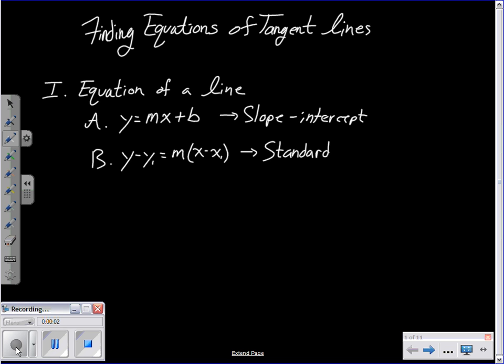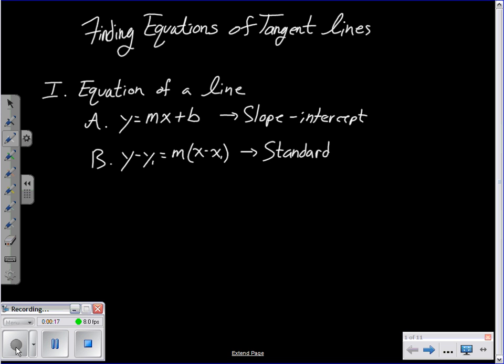What we're doing here is we're finding the equation of a tangent line. This is one of the problems in calculus class that you're going to encounter over and over and over again. It's a very common problem. And so the equation of the tangent line can be represented a couple of different ways, and it's going to